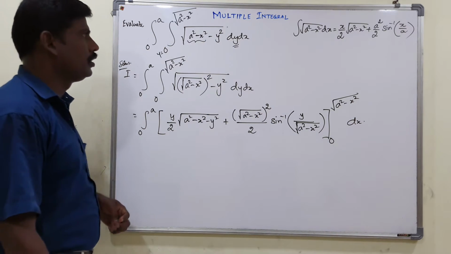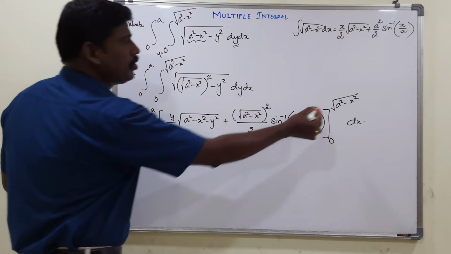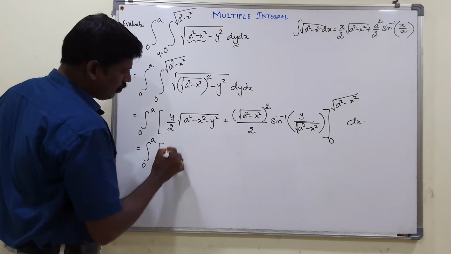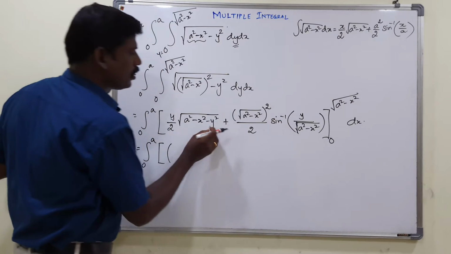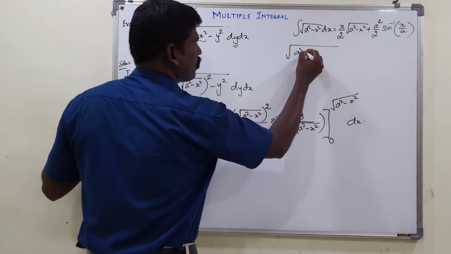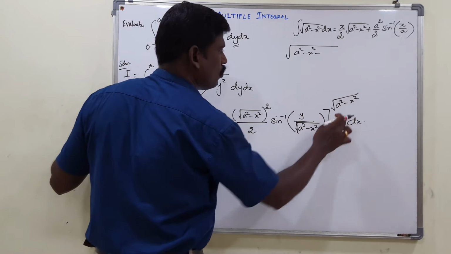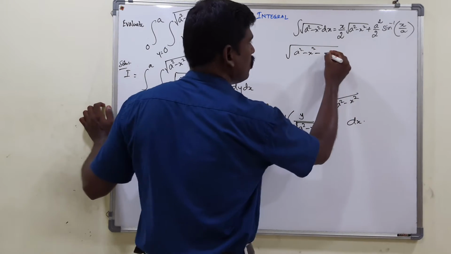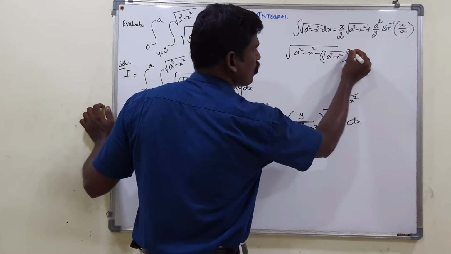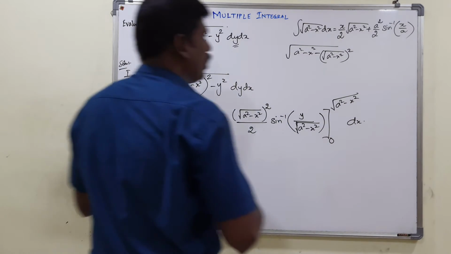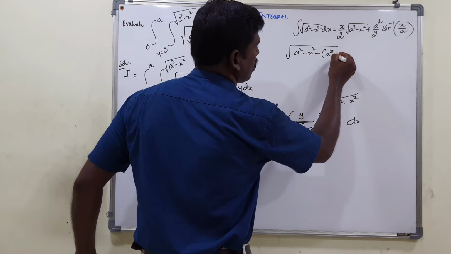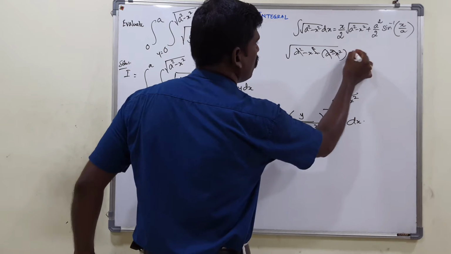Okay, right? That's all. Now I am going to apply the upper limit for y. What is the upper limit? By substituting root of a square minus x square for y, both will cancel each other. Why? Because root of a square minus x square minus y square, where y is root of a square minus x square, so root of a square minus x square the whole square. Square and root eliminate, so the answer will be a square minus x square. So minus of a square minus x square, all will be cancelled, and the remaining will be 0.